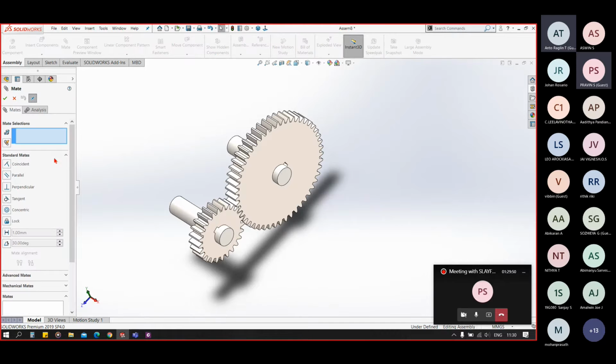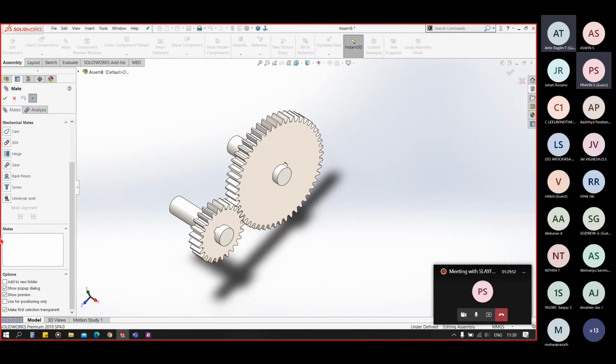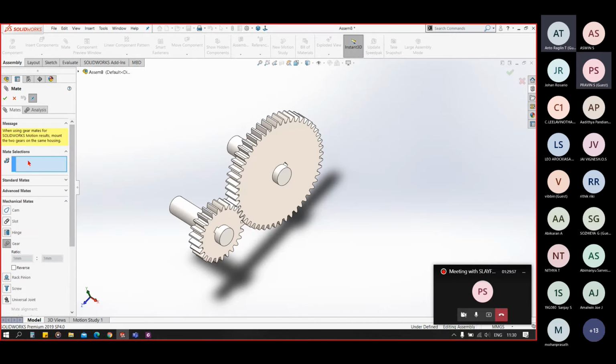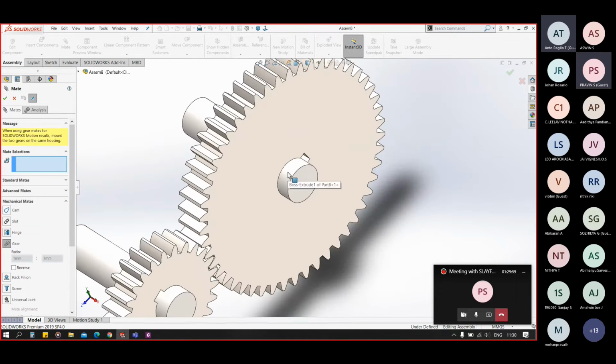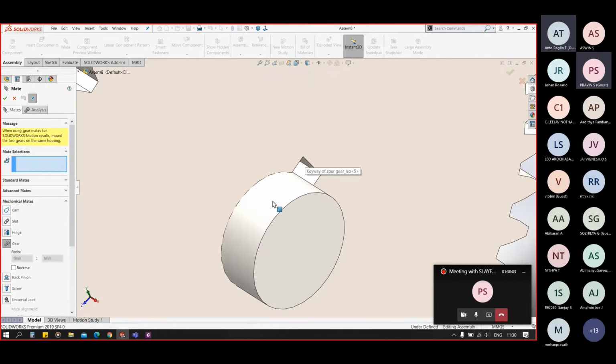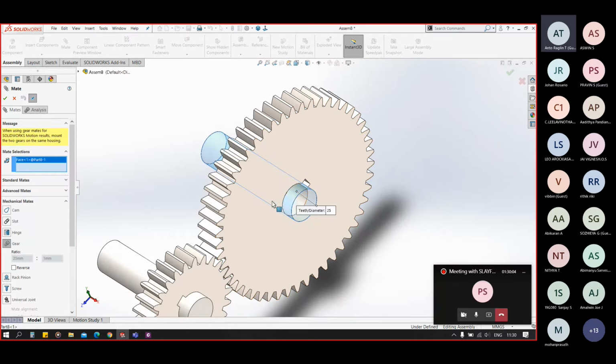So let's go to the mechanical mates. In the gear, select the shaft or gear, any one of these. Select this, or you can select, okay, let me delete that.